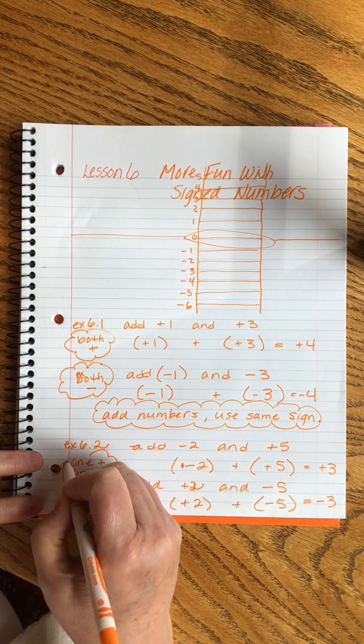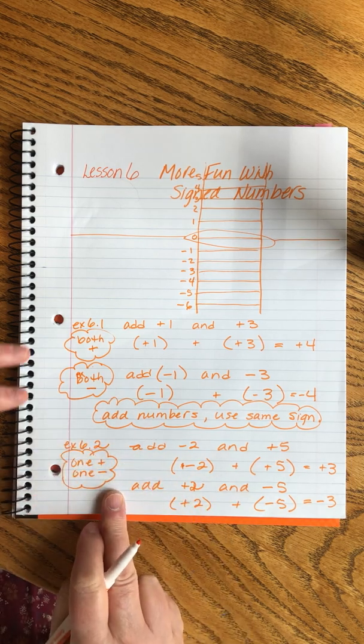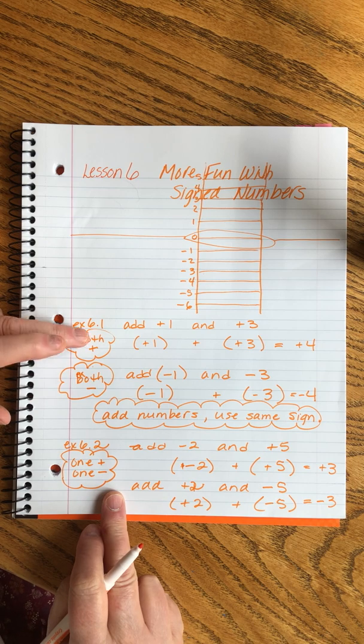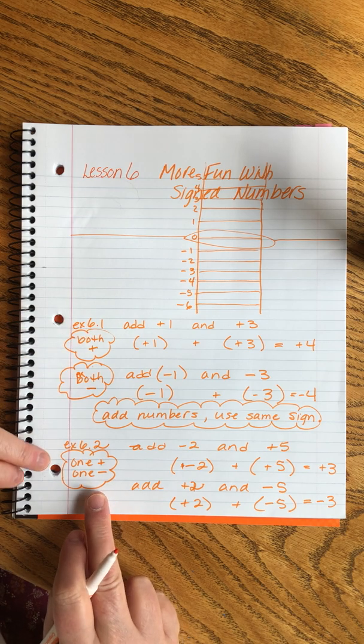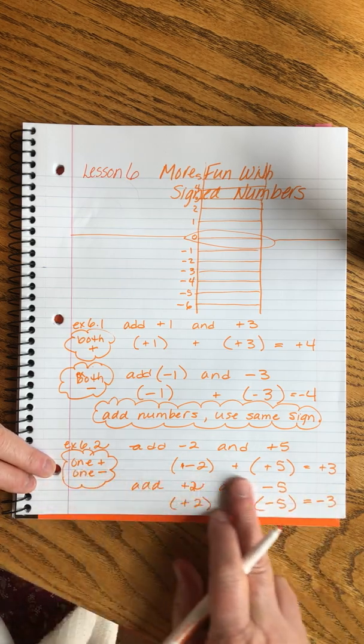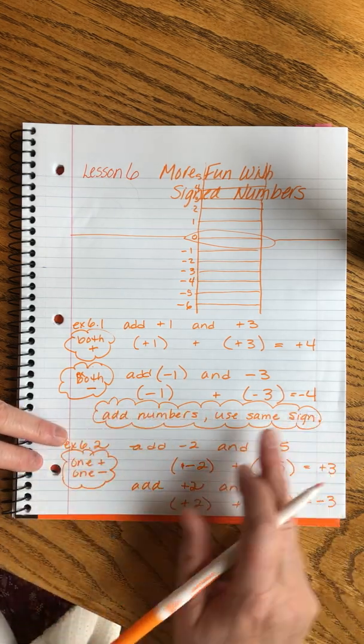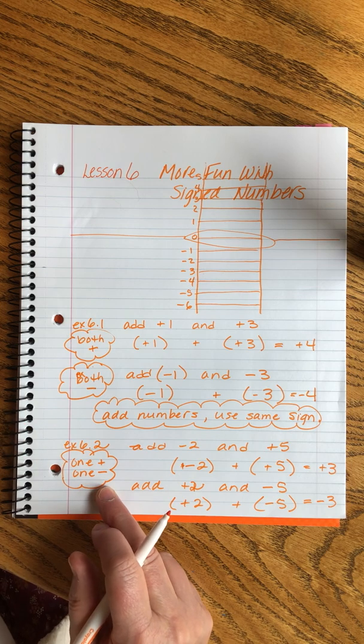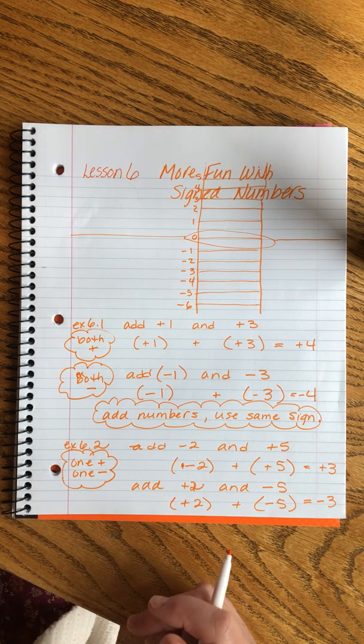This is a different scenario. These two problems are different. These were with the signs matched. We either had both positive or both negative. This is where we have one positive and one minus. We're going to need a different rule for these. We can't use this rule when we have one positive and one minus. The rule is harder to write out,